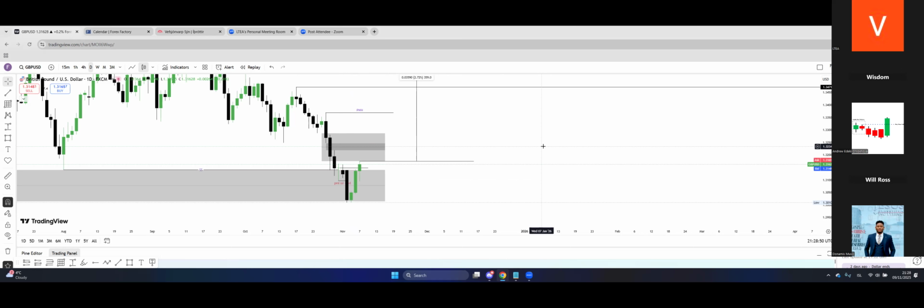In that range, you will look for your point of interest in that range. It's only when price trades into your point of interest, but it doesn't tell you that we want to turn around from there, that is when you are now aiming for the next point of interest, the next liquidity area.